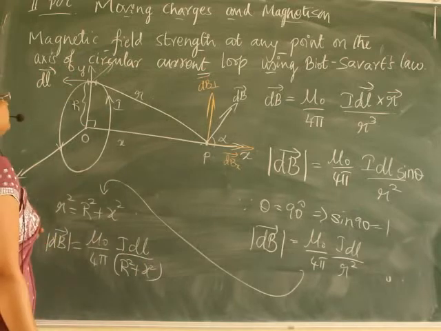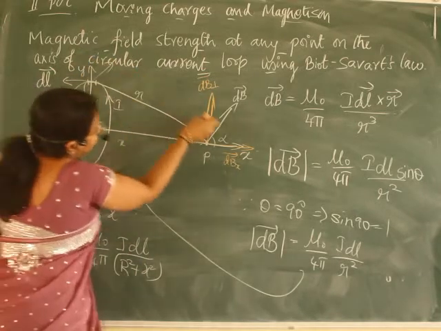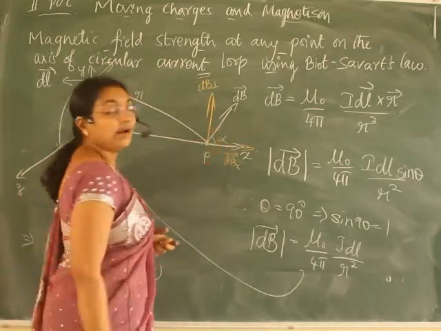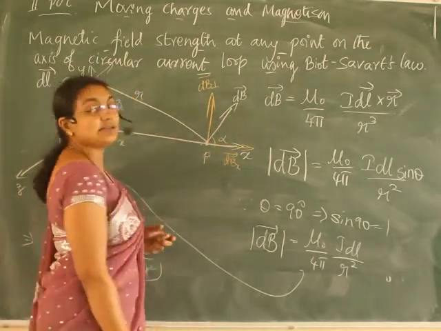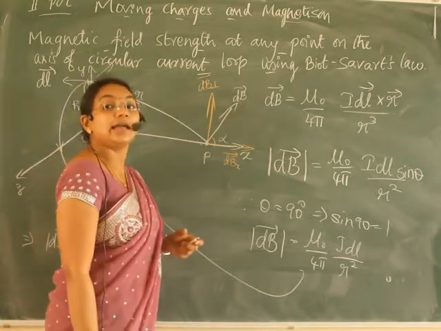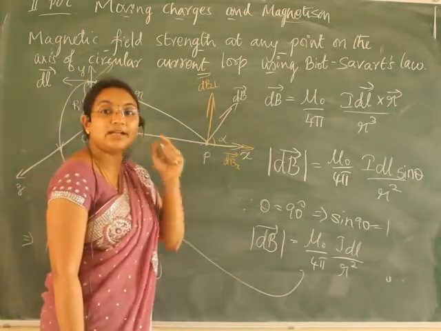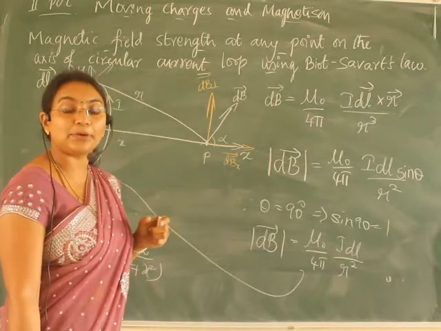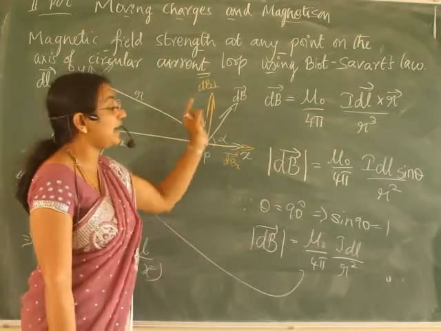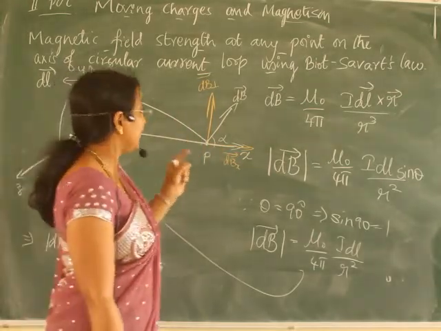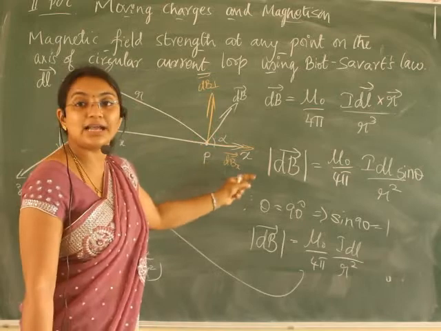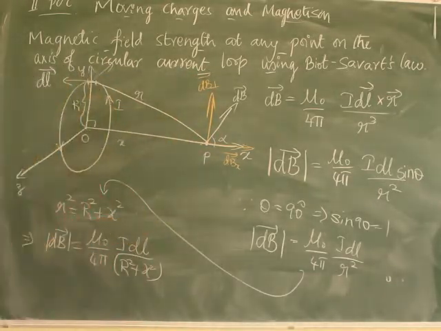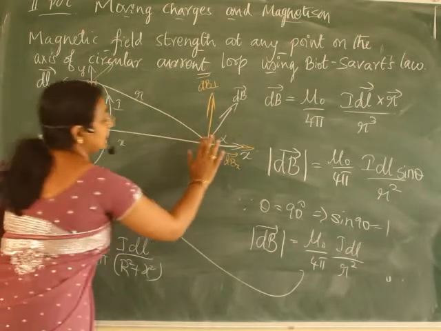Fine. Now, same thing, I'll bring it over here. I'll get the magnetic field in this direction. So therefore, let that angle be alpha. Now I can resolve it, since it is a vector quantity, into two components, correct? According to your first year, you can resolve the vector into two components along the x-axis and y-axis. Therefore, I will get dBx vector and dB perpendicular vector. So I have resolved it and kept it.